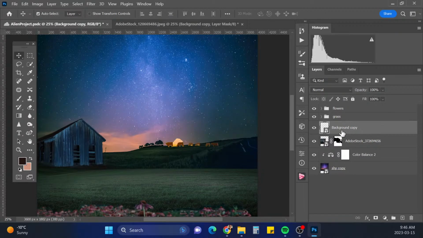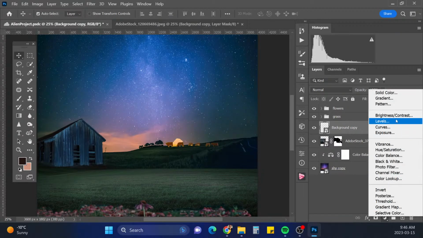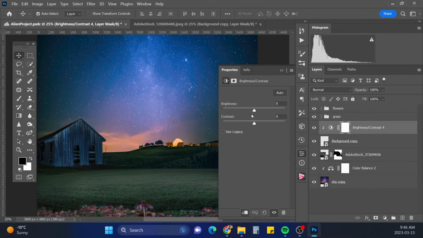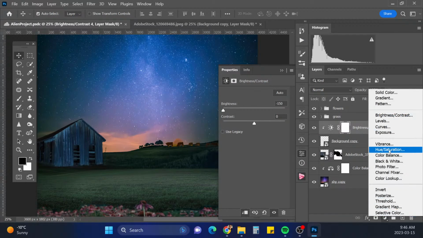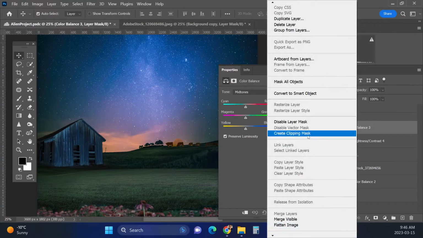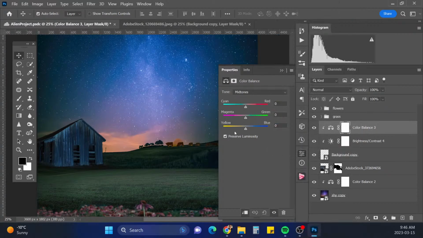Okay, and let's go to our brightness and contrast and create a clipping mask. Just bring those way down. Now we will go to our color balance, create a clipping mask.